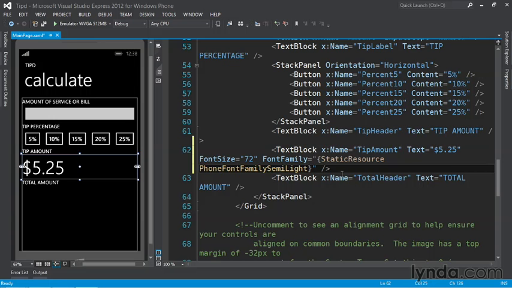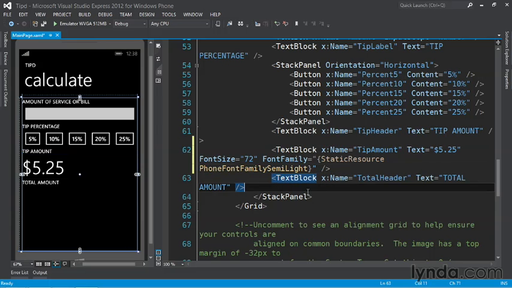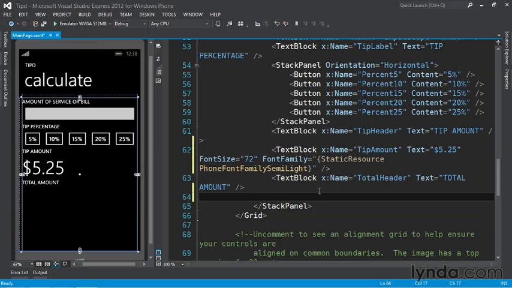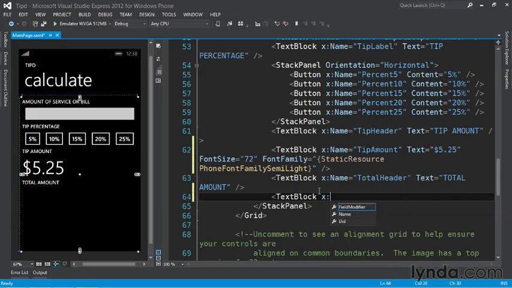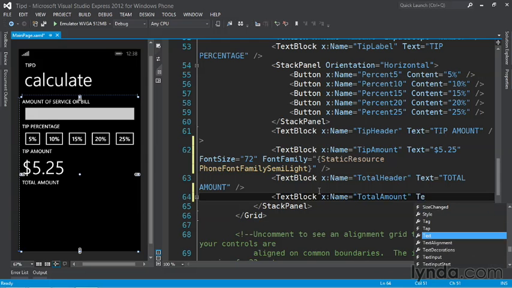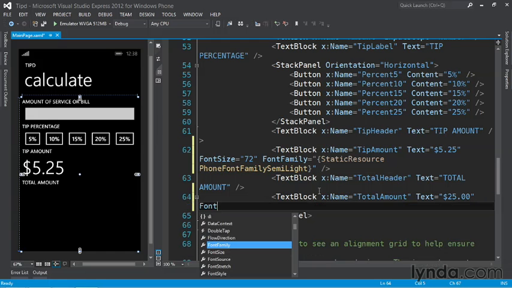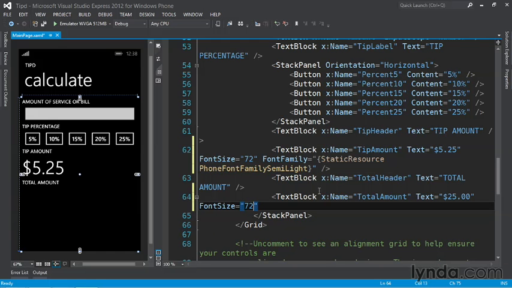Let's repeat this for the second text block we need to create at the bottom, but this time we'll do it in code. Let's call the text block total amount, and we'll add in $25 as a placeholder. So we're going to go underneath total header and create a new text block here. x:Name, and we'll call it total amount, Text, and we'll add in $25. Now we want to add in the other two attributes, font size and font family here as well. So we can go ahead and type in font size, we'll make it 72, and then font family,